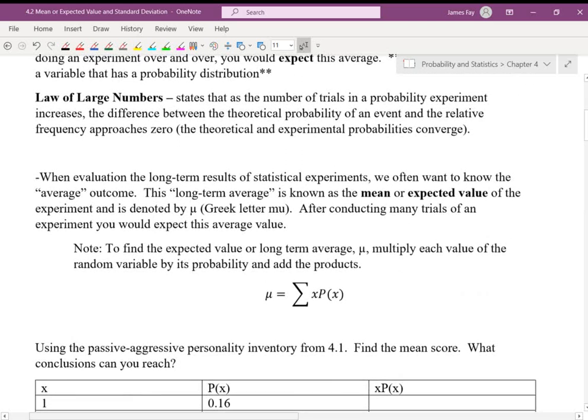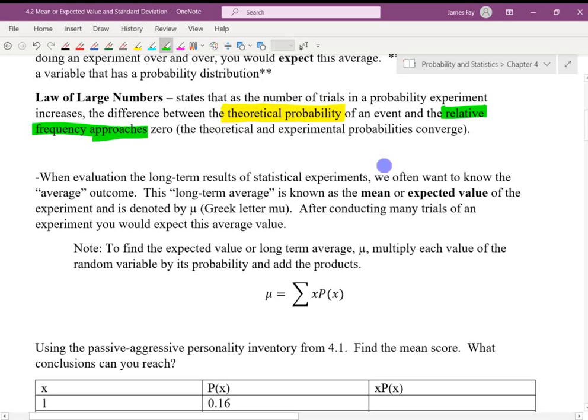So the law of large numbers is really what is going to allow us to work with this expected mean. When we talk about the law of large numbers, this is a little bit different way of defining it than what we've seen in the past. It states that as the number of trials in a probability experiment increases, the difference between the theoretical probability, so that's what we think should happen based on mathematical principles, and the relative frequency, that's another way of saying the experimental probability. If I'm flipping a coin and I do it 10 times and I get 7 tails, that's 7/10 or 70%, right? Okay, 7